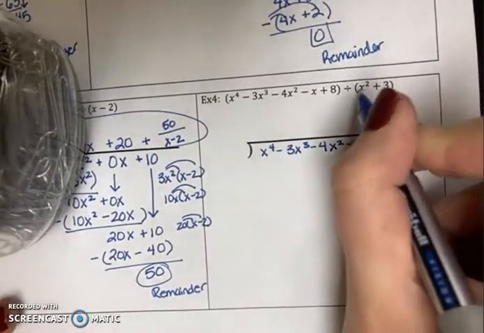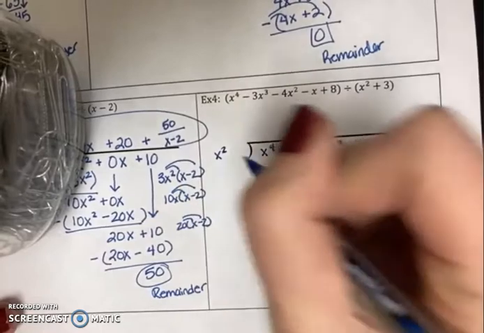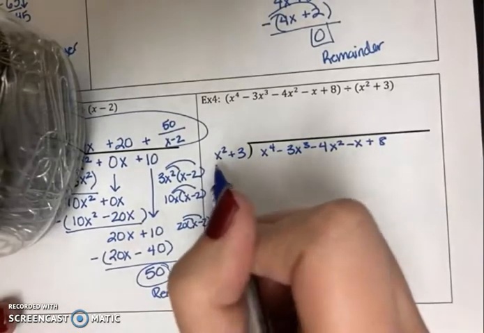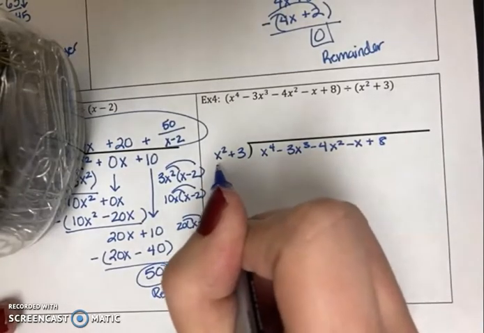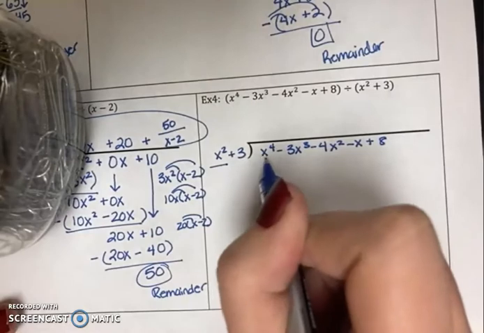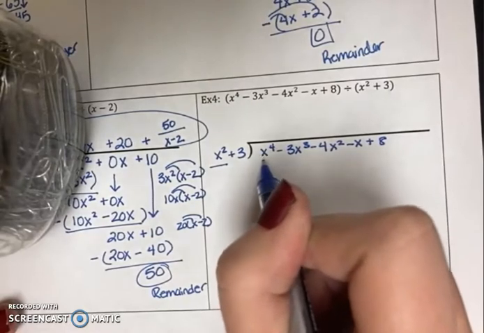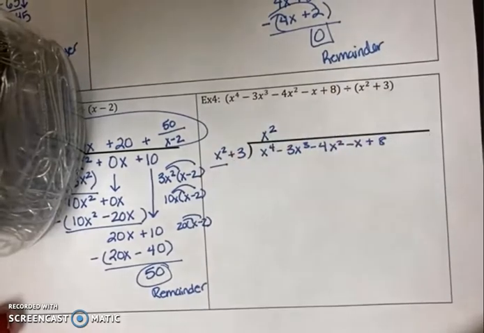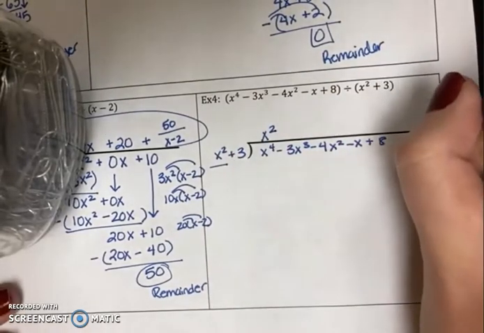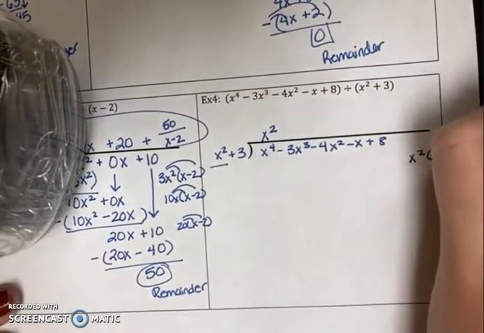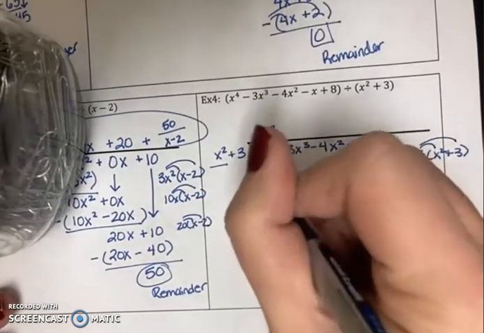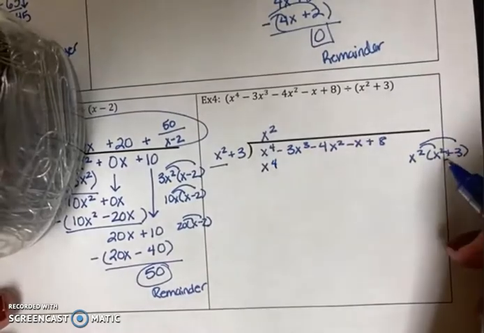And then my divisor is x squared plus 3. Remember, we need to ask ourselves, what do we need to multiply the, in this case, x squared by in order to get this first term here, the x to the 4th power? And the answer would just be x squared. So I'm going to multiply my divisor, x squared plus 3, by x squared. Distribute that. That gives me x to the 4th power, and then plus